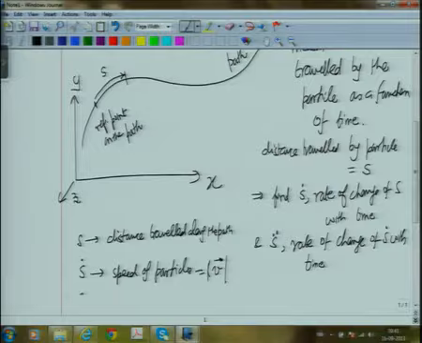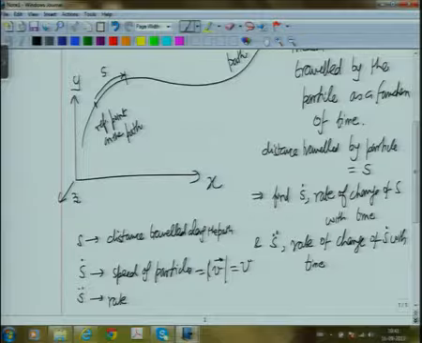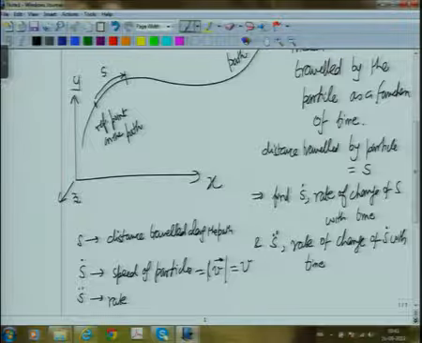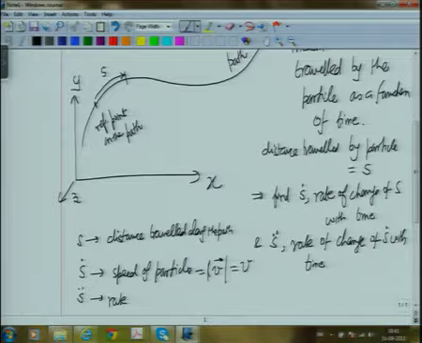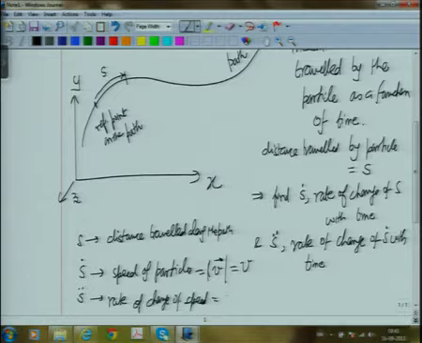And s double dot, notice we will have two symbols, one is v without a vector and v with a vector. v with a vector denotes velocity, v without the vector sign is nothing but s dot, equal to the speed, and s double dot is the rate of change of speed,